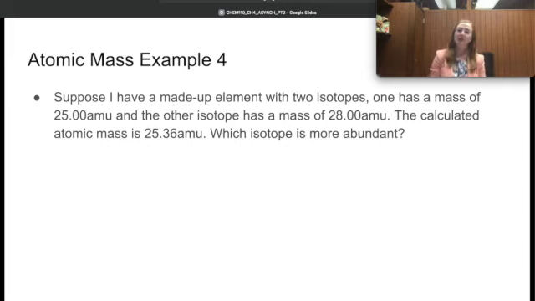So those are our problems working through atomic mass, and that's chapter